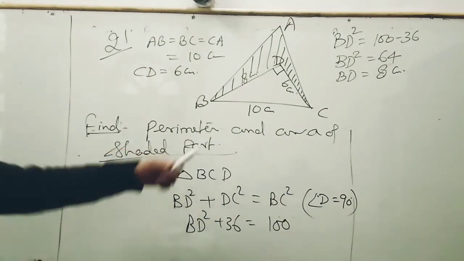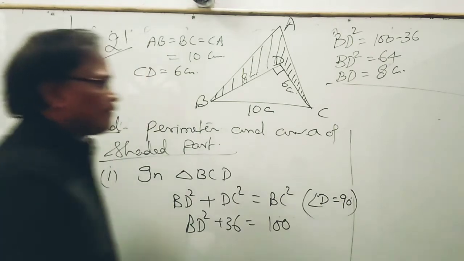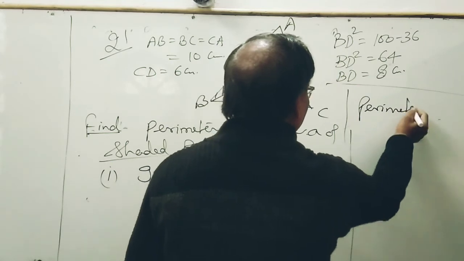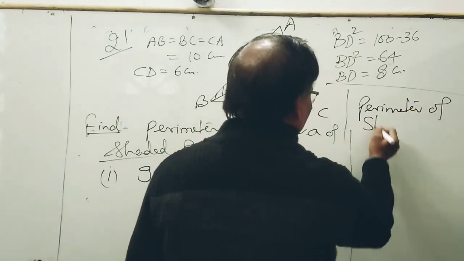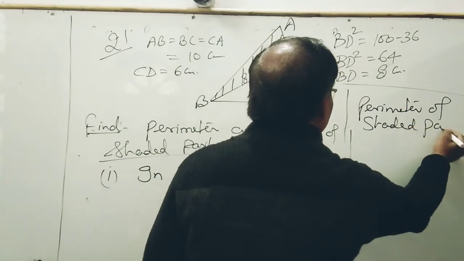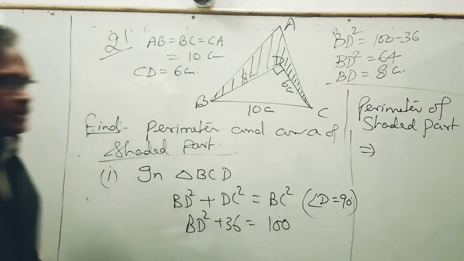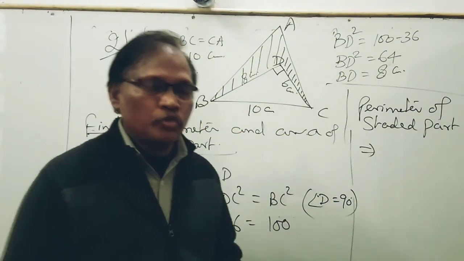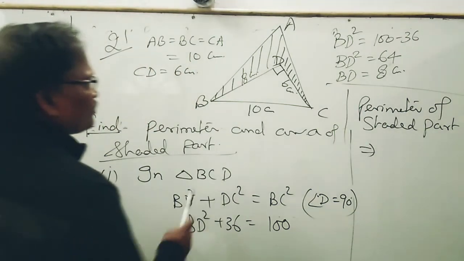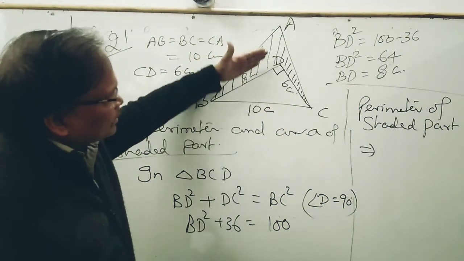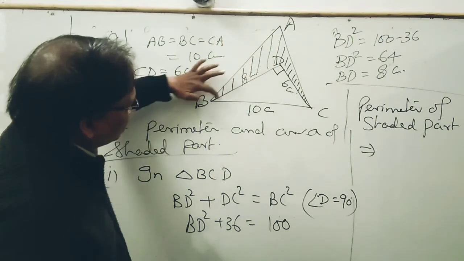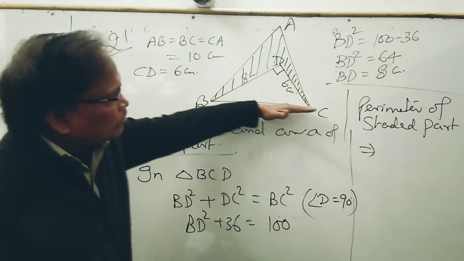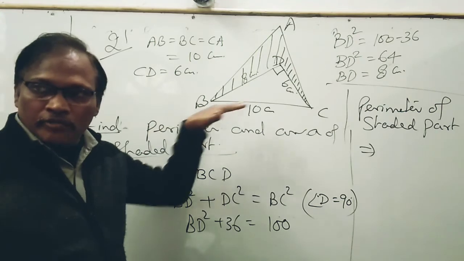Now you have to find the perimeter. पहले perimeter निकालना है. Perimeter of the shaded part. As I said, the perimeter means the sum of lengths of the boundaries जो टच होती है. मतलब कि अगर हम ये कहें कि शेडेड पार्ट है तो शेडेड पार्ट कहाँ कहाँ टच हो रहा है. शेडेड पार्ट हमारा इस बाउंड्री पे टच हो रहा है, इस बाउंड्री पे टच हो रहा है, इस बाउंड्री पे टच हो रहा है, एंड देन दिस बाउंड्री, नॉट इंक्लूडिंग दिस बाउंड्री. इस पे नहीं टच हो रहा है तो यू विल नॉट टेक दिस पार्ट.